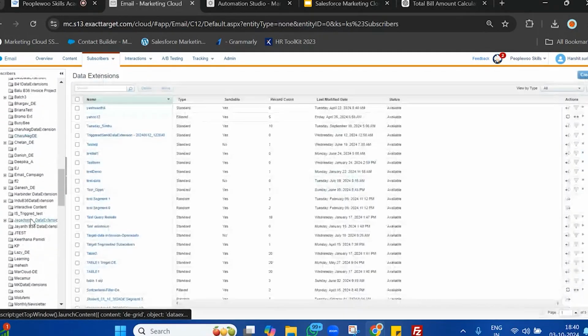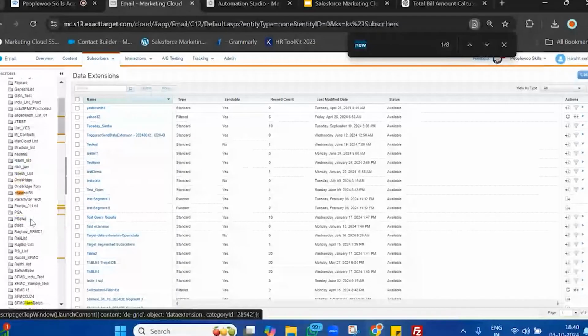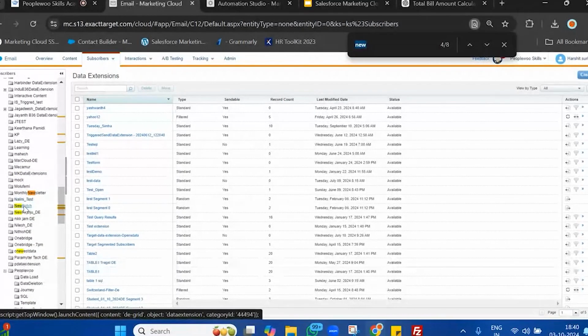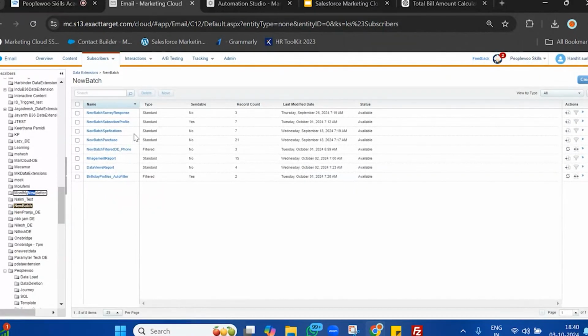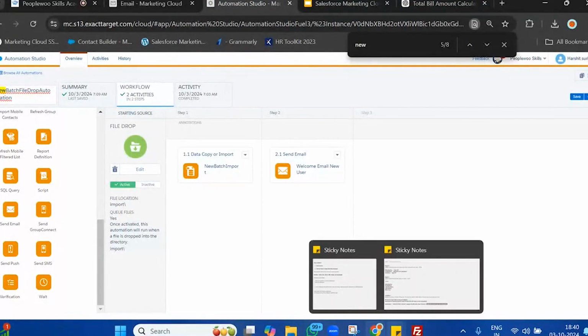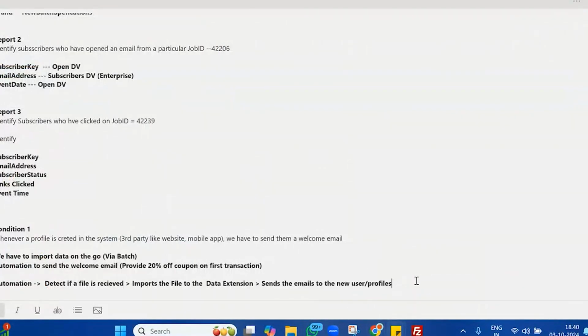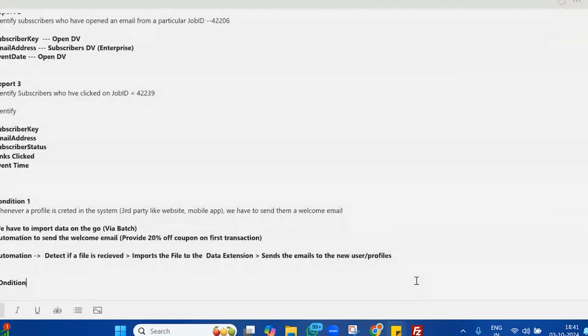We have 3 data extensions in our data model. So let's open all of them. Suppose a profile is created and we have this automation. Whenever a profile is created, we have this automation. But there is condition 2. The condition 2 is